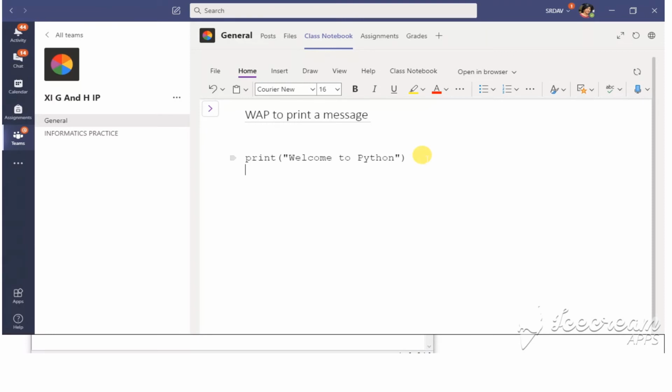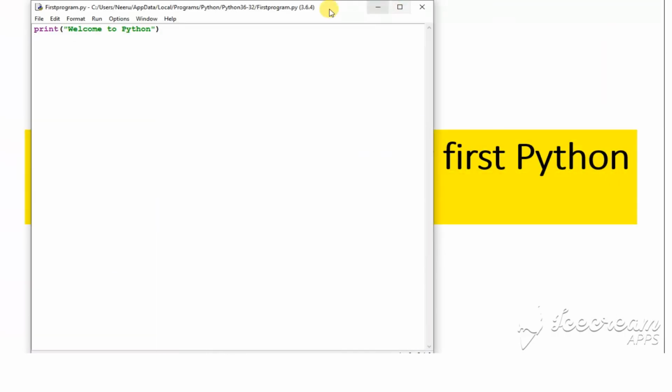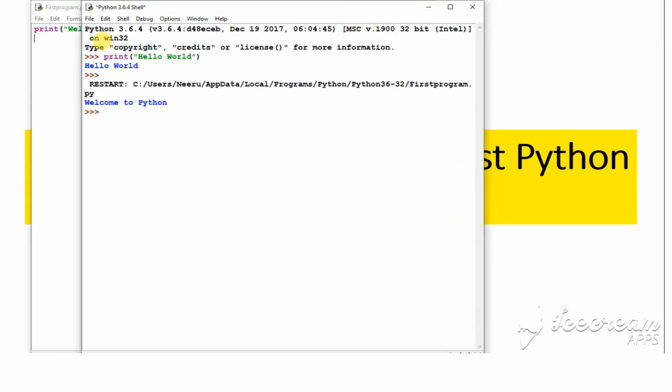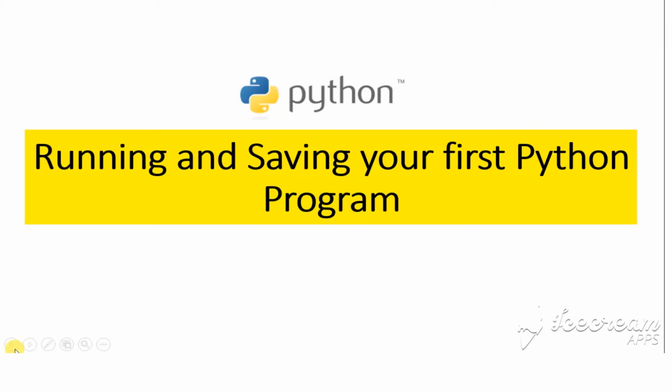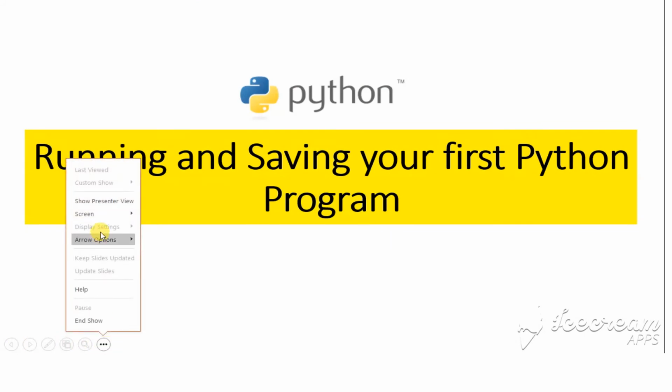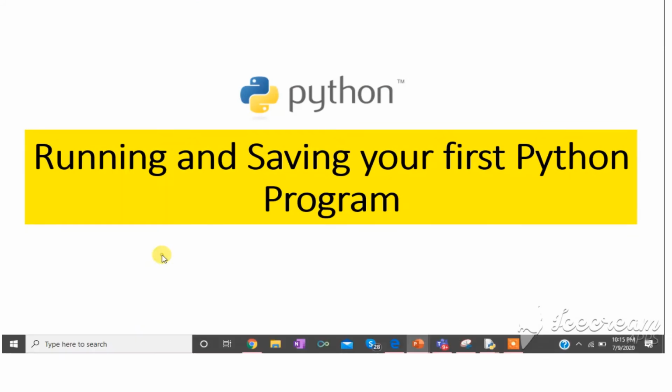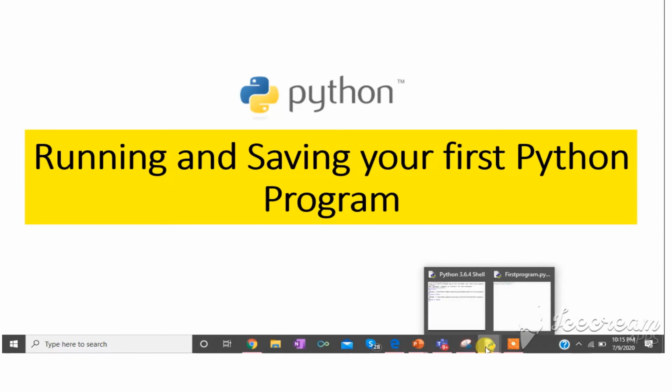Now, apart from the program, you also have to write the output. So, we had run the program and we had seen the output. Let me write it again. So, this is the output. Now, to get the output on your screen, what you can do is you can go to the snip tool. Snip tool is available as a desktop app in your system. So, you can use a snip tool to copy and paste the output.